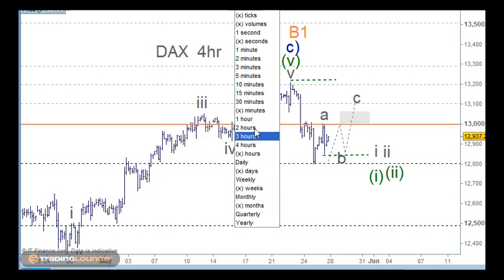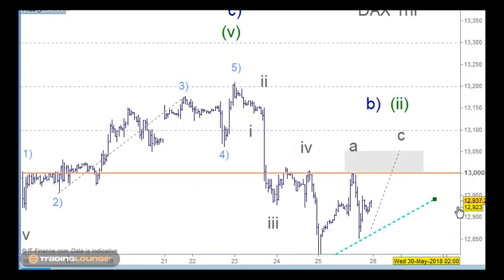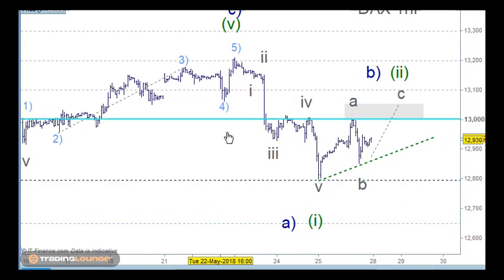So I'll just cut through to the hourly, then the tick chart here. So when you label it, when you look at it like this and you look at the move down through here, then it looks okay to count this as 1 and 2 in here, and 3 here, and 4 here, and then